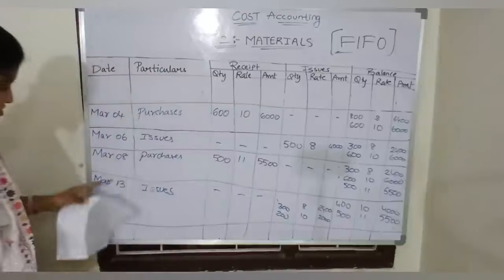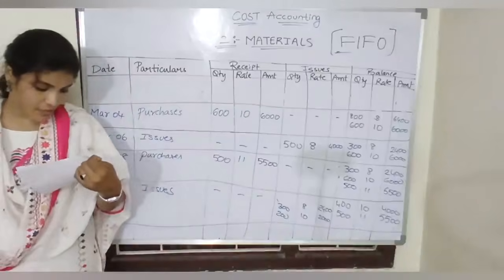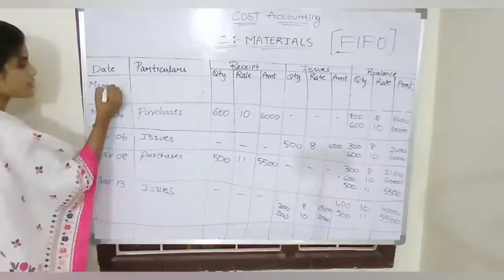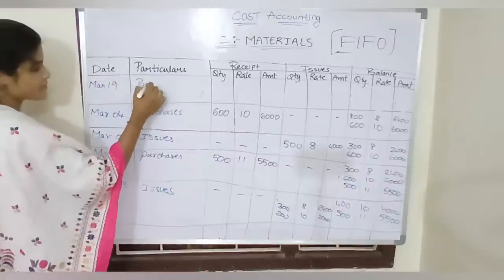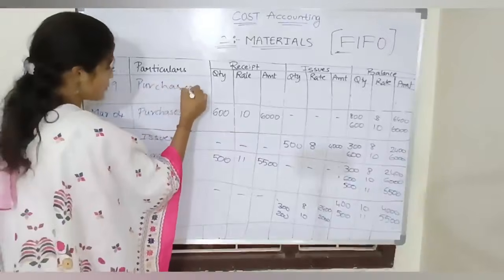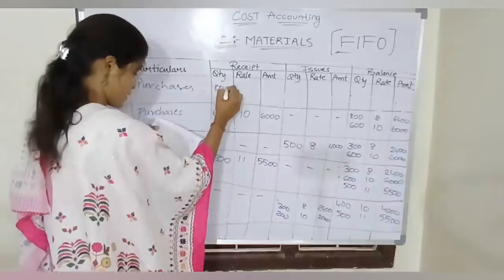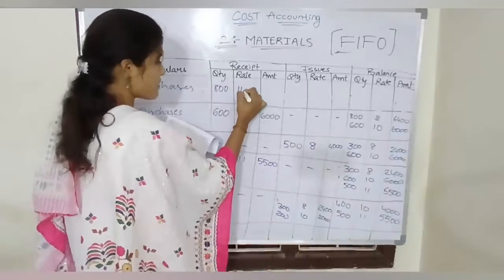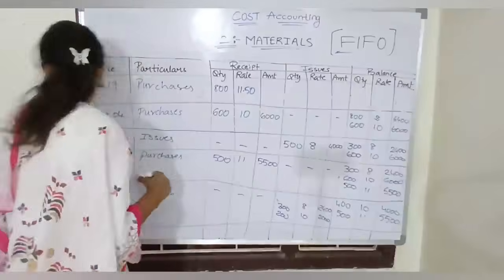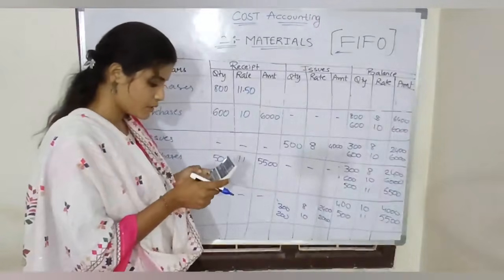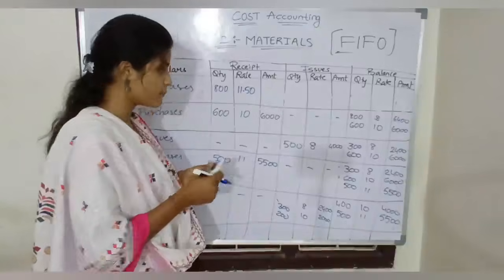So after March 13th, what date are we having now? March 19th. So here I am writing March 19th. It is purchases. How many units purchases? 800 units purchases. Rate of each is 11.50. So 800 into 11.50 is nothing but